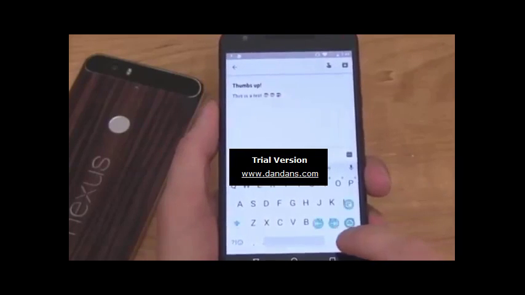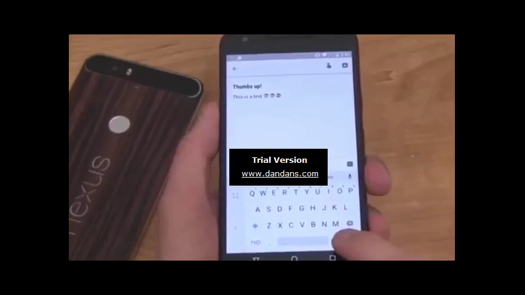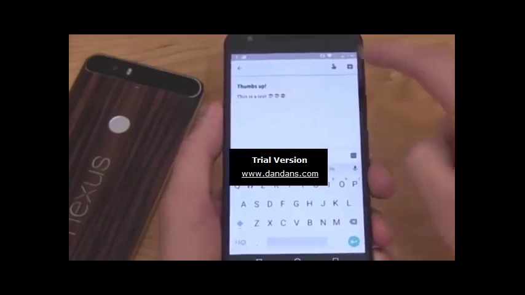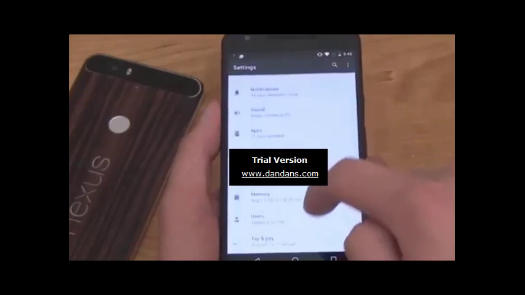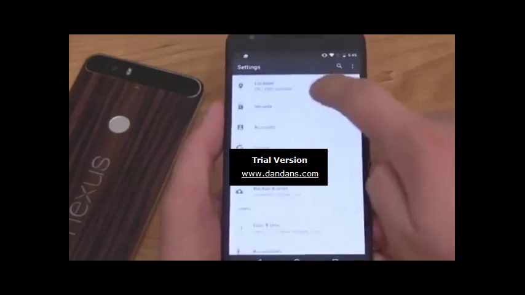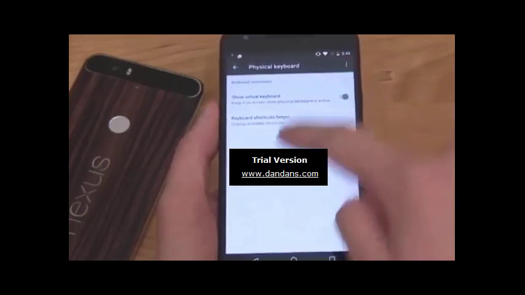There's also a one-handed mode and other things. I have a full review on this keyboard, and you can install it on your device as well. I'll link to that video in the description. Now, in terms of that keyboard, there are more customization options. So I'm going to go into Settings, find Language and Input, and then go to virtual keyboard,